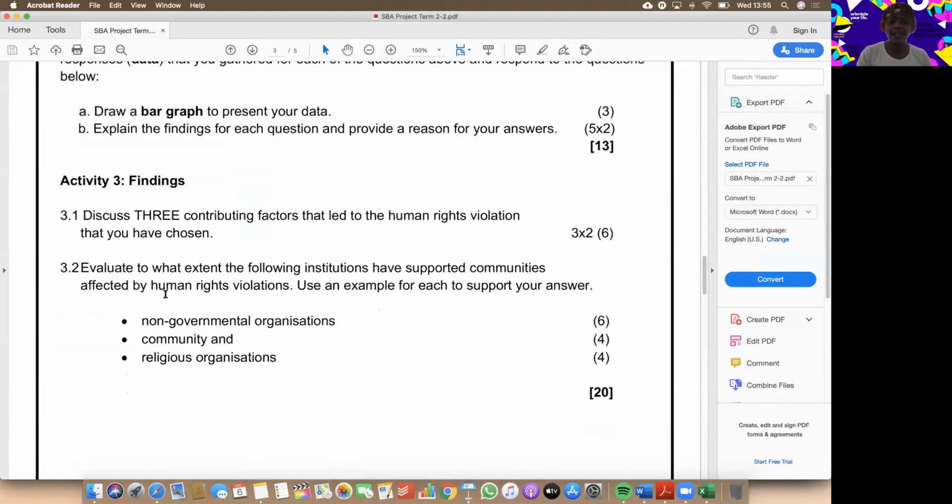Then it says, evaluate to what extent the following institutions have supported communities affected by human rights violations. As an example, use an example for each. So NGOs, community, and religious. And you see NGOs count 6 marks, so you must write more. Then community and religious, it's 4 each. And then if we look again,